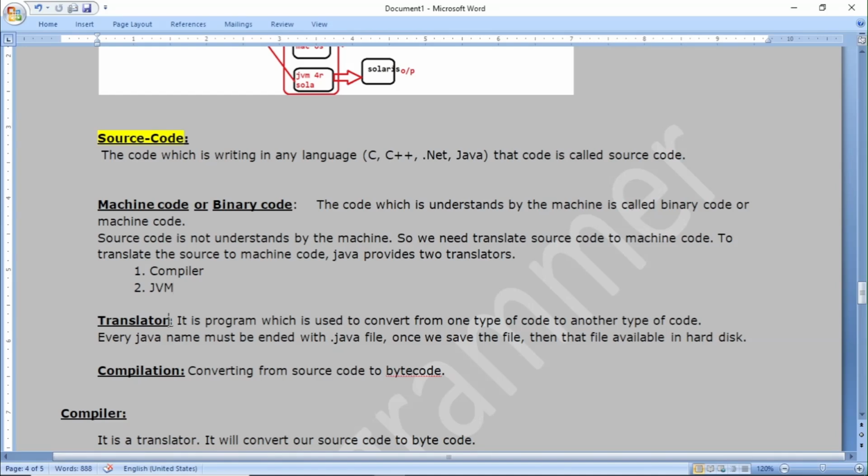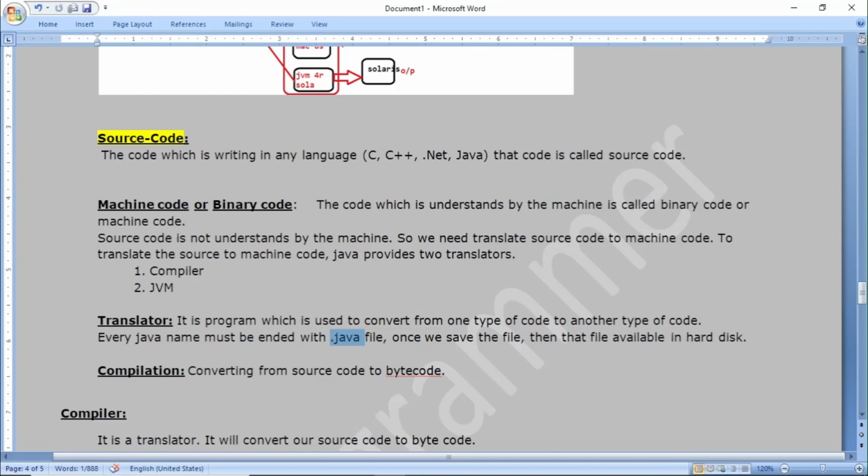And what is a translator? It is a program which is used to convert one type of code to another type of code. That's called a translator. Every Java file name must end with .java, which is the extension.